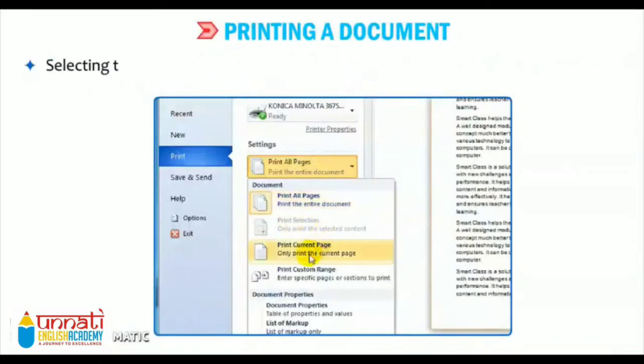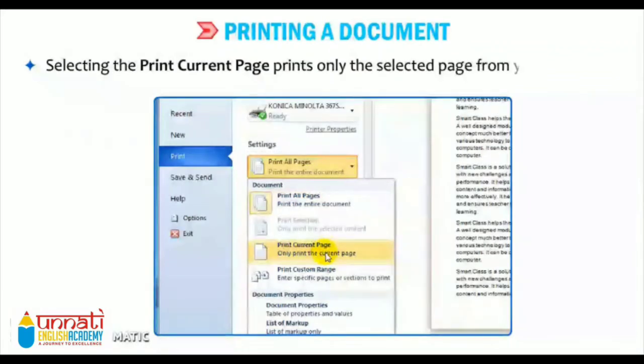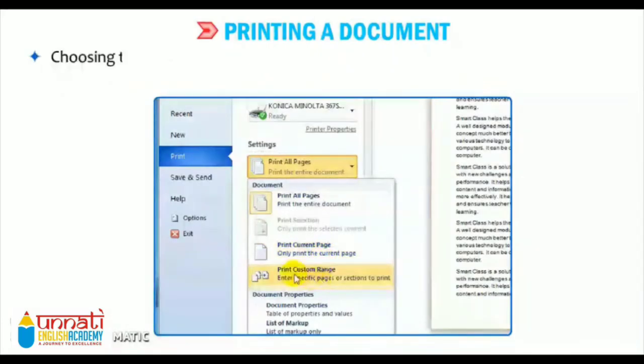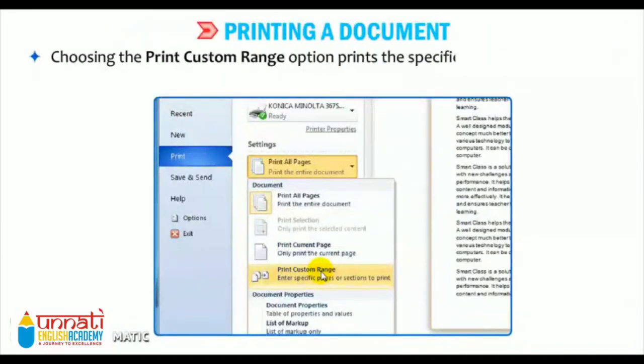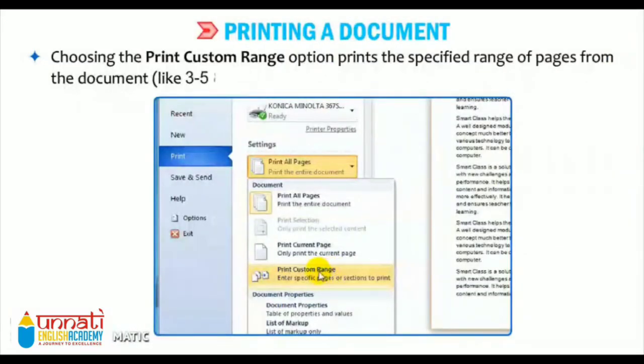If you choose the Print Current Page option, it will print only the selected page from your document. If you choose the Print Custom Range option, it will print the specified range of pages from the document, like 3-5, 8-10. So these will print 2 page ranges, 3rd to 5th and 8th to 10th.